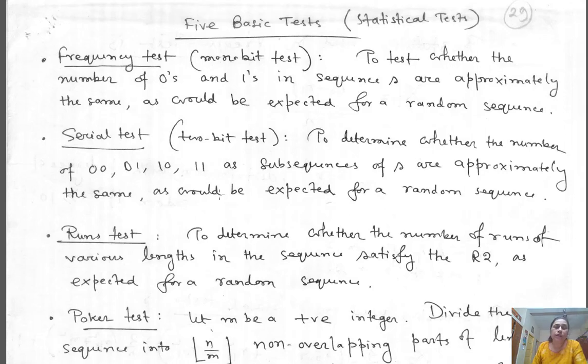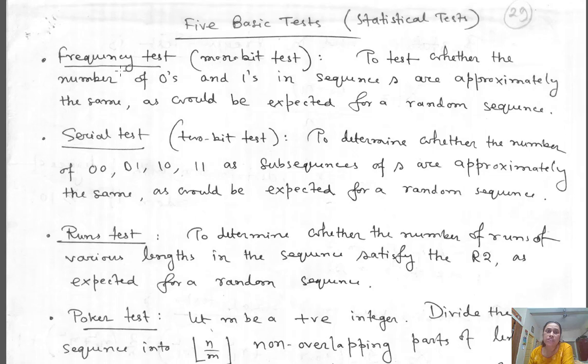So there are five basic tests, which we have already discussed, to measure the randomness of a sequence. It must pass Golomb's test: the three rules stated in Golomb's postulates should be exhibited by the generated sequence. Golomb's postulates are for periodic pseudo-random sequences. There are other statistical tests as well: five basic tests to measure a pseudo-random bit string generator.